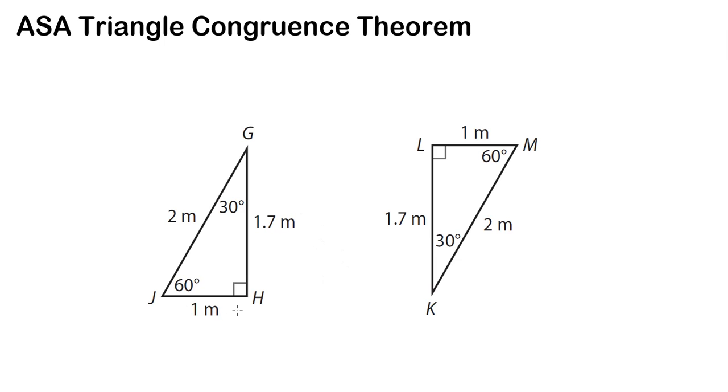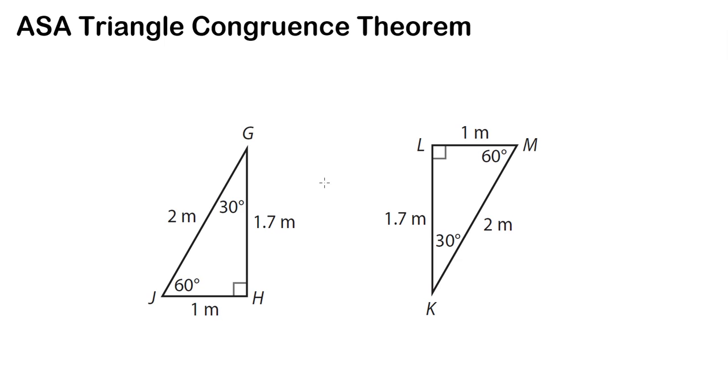So we see that HJ is 1 meter and LM is 1 meter, so they're congruent. We see that HG is 1.7 meters and LK is 1.7 meters, so they're congruent. And we see that JG is 2 meters and MK is also 2 meters, so they're congruent. So we've proven that all three pairs of corresponding angles are congruent and all three pairs of corresponding sides are